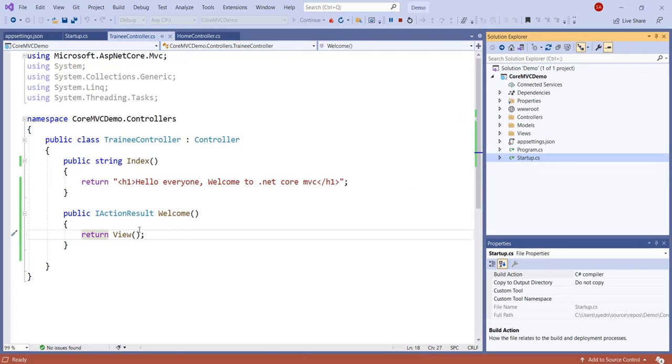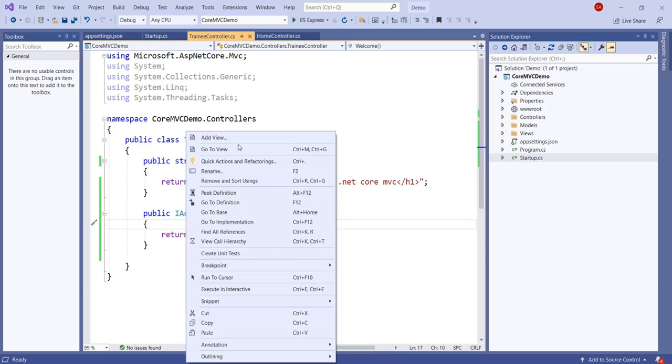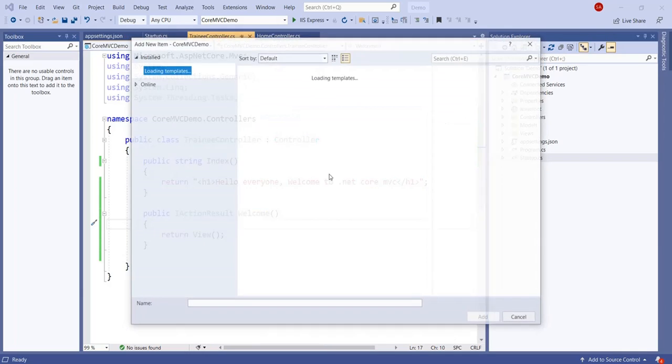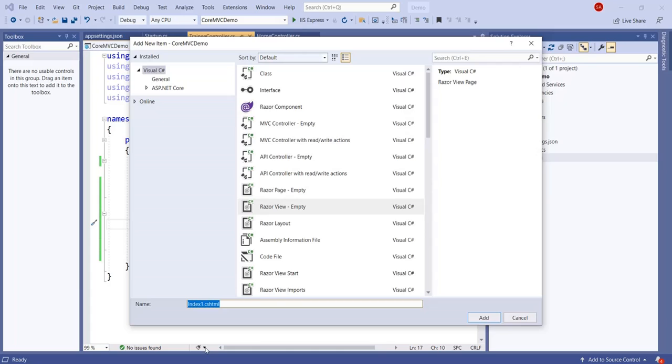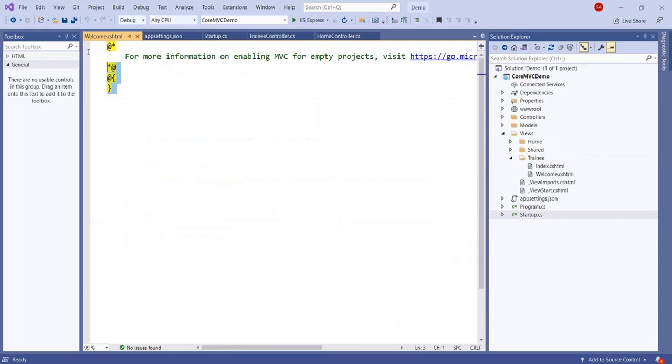Just add a view for this welcome. Right click welcome, add view. This time a Razor view of empty type, and just add it. Change the name of the view to welcome.cshtml.